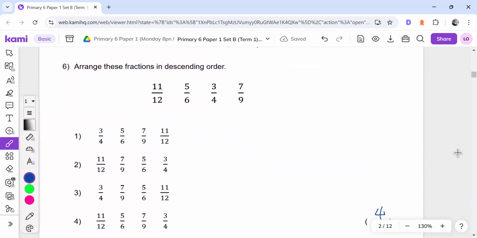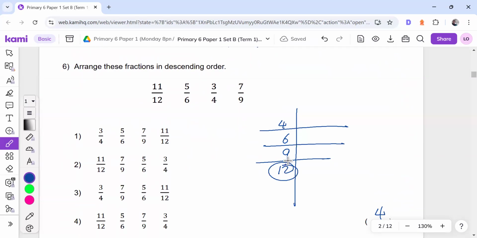Now, when you have fractions and you're comparing, you will have to make the denominator the same. Some of you have difficulty making the denominator the same. Shortcut. How do you make the same denominator? Get your common multiple. And this is a part where some of you may not have learned. How do you get the common multiple? That is a shortcut. You look at the bigger number, the biggest number, and you write out the next multiple,